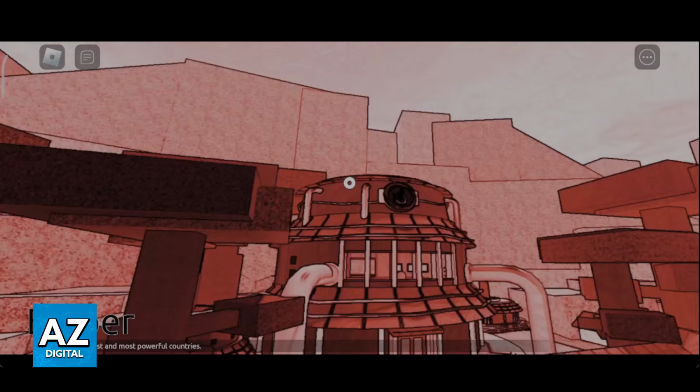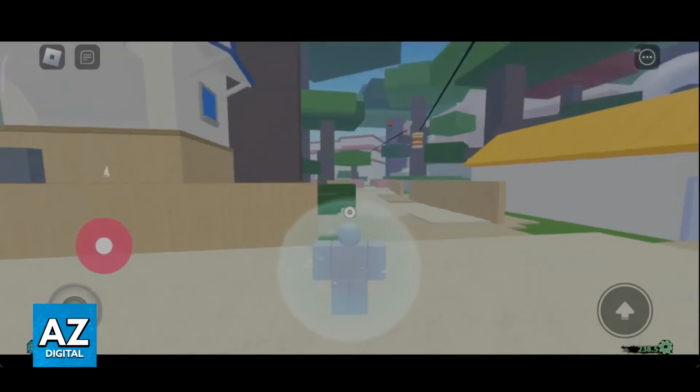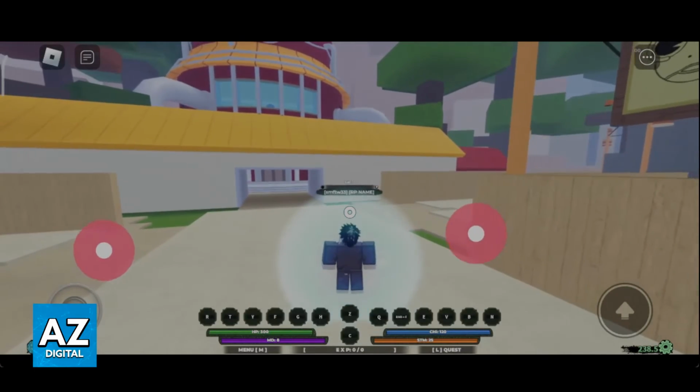You will load in and you will learn how to use the actions, the abilities, and so on. You can choose from various different locations to spawn on the map, and once you spawn into any of these locations, you will be free to walk around the open world. So you will be able to look for quests from different NPCs, learn new abilities, train, and improve your skills. It is a very well-made, polished experience, and you will be able to play it on any mobile device.